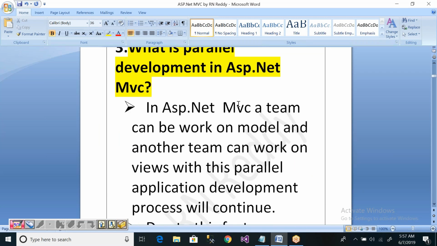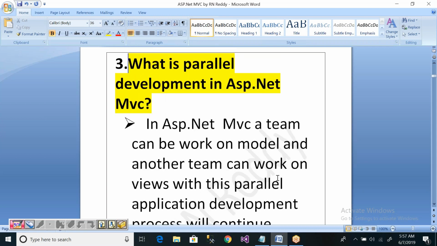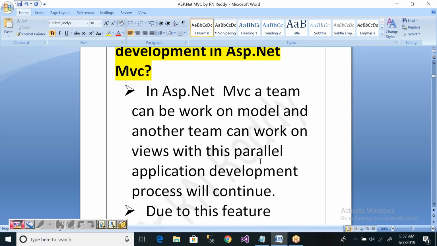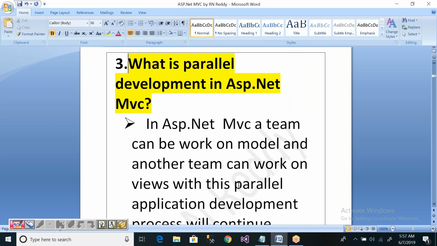In ASP.NET MVC, a team can work on the model and another team can work on the views. With this, the parallel application development process will continue.